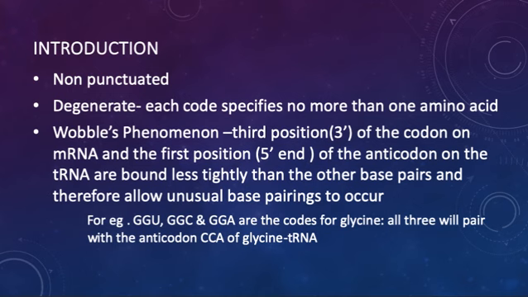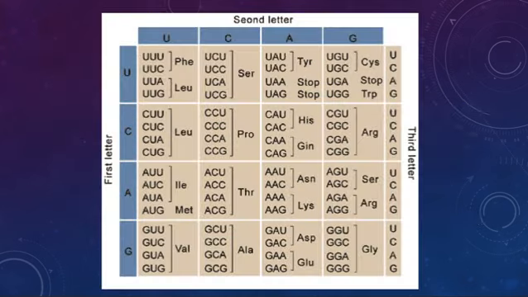Okay, so in the next slide we can see the genetic code. The first letter is U, C, A and G. Okay, and the second letter can be any of these, and then the third letter can again be of the same nucleotide bases. So the second letter can change and leads to the formation of other specific amino acids. Okay, so this is the genetic code.